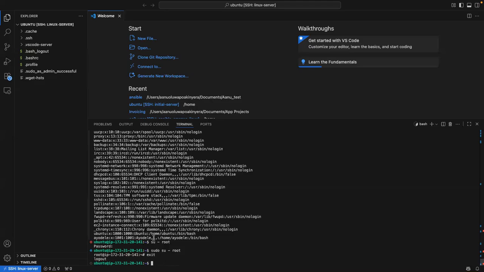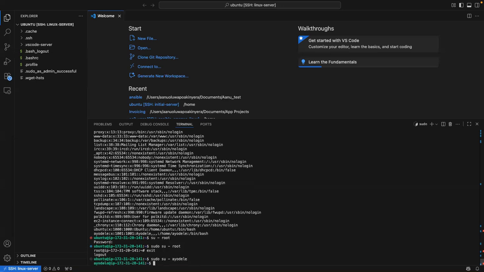Now let me switch to the user I just created, and that is Ayodele. Sudo su dash Ayodele. What do you see here? I was Ubuntu before. When I switch user to Ayodele, now I'm Ayodele. What this means is that Ayodele is a new user.